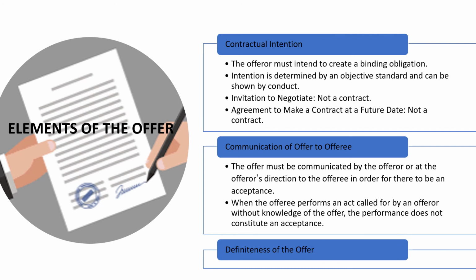Well, in the law, we use an objective standard by looking at their conduct, by looking at the actual terms of the offer. Did they say when they would deliver the book? Did they say how much the book would be? Did they tell us how we had to pay for the book? The more information and details we have surrounding the offer when the student offers you their textbook for $50, the more information we have surrounding that, the more likely it is that it's a valid offer.